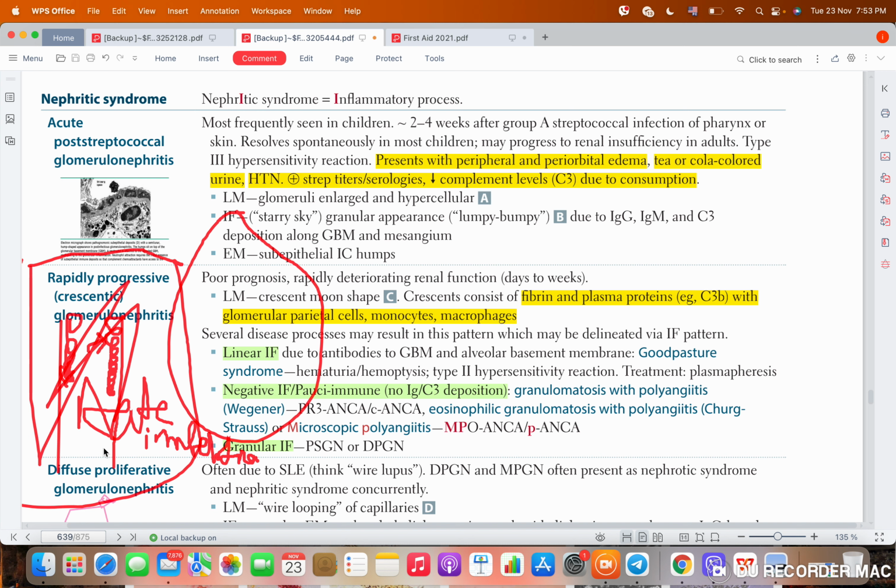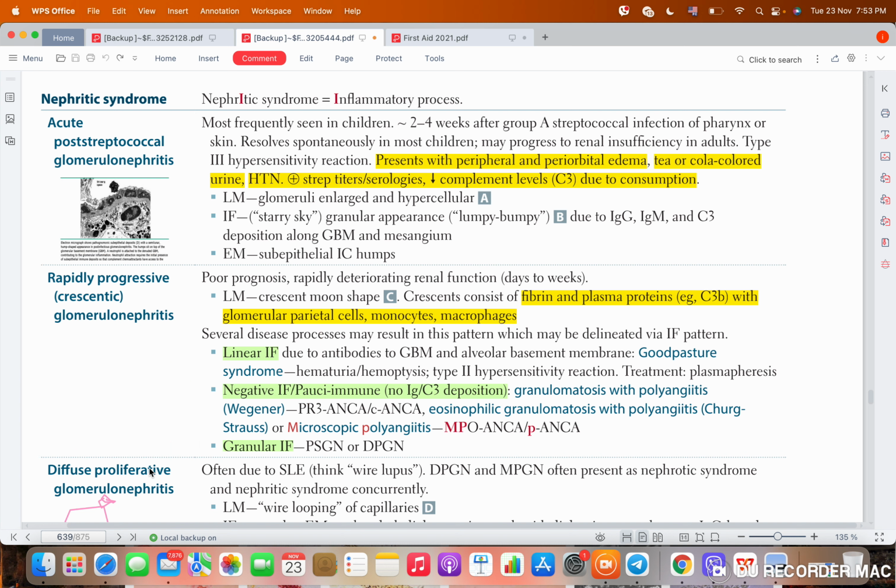When they kill everything in this area, they lead to a form of what? Destruction of your kidney, which is a form of glomerulonephritis called rapidly progressive crescentic glomerulonephritis. So in other words, vasculitis causing Wegener, Churg-Strauss, and microscopic polyangiitis. Yes, it's a type 3 hypersensitivity reaction, but the deposition will be in the vessels, creating local inflammation that will destroy the kidney. Okay? So they write, negative immunofluorescence, pauci-immune, and it will be seen in